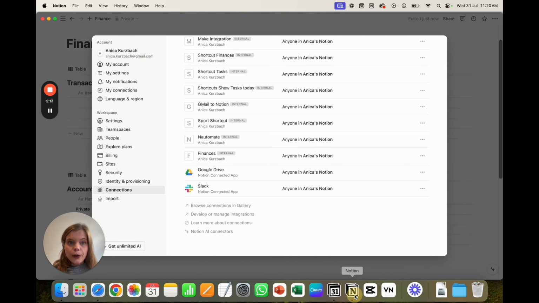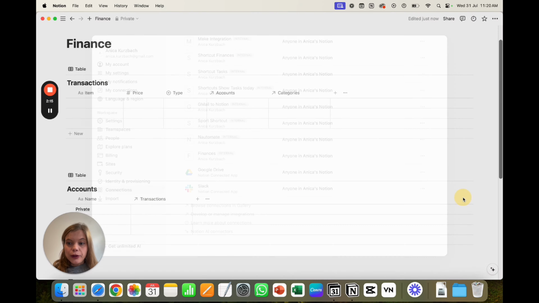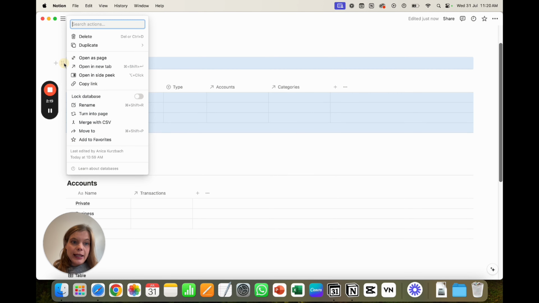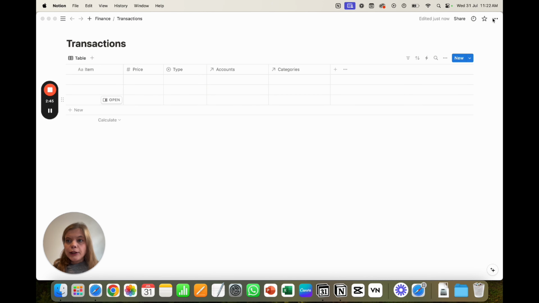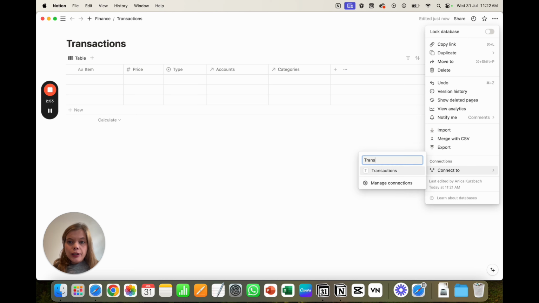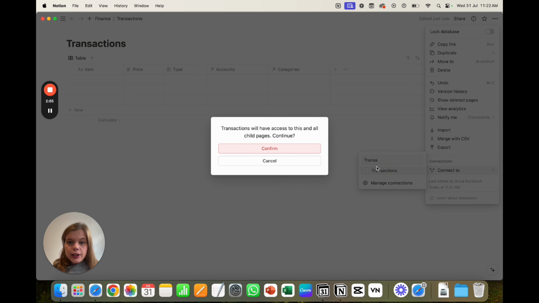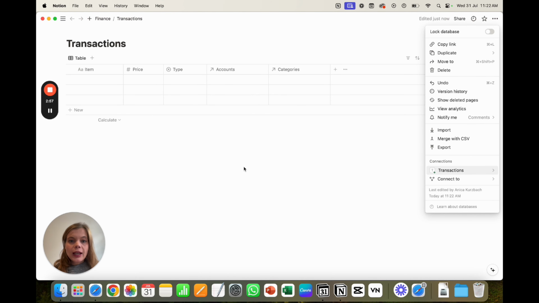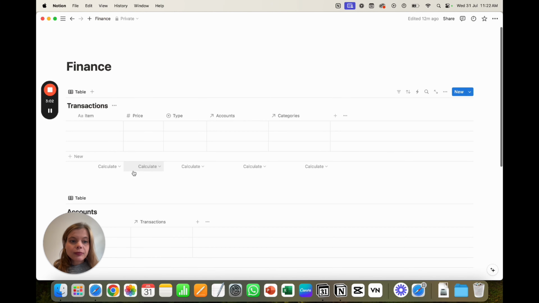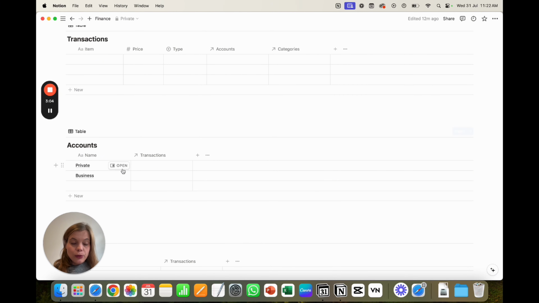Okay, now you go back to your Notion databases and you open them as page. Then you click on these three dots here in the upper right corner, choose connect to, and search for your integrations. Transactions here, confirm. And the same you do with the two other databases